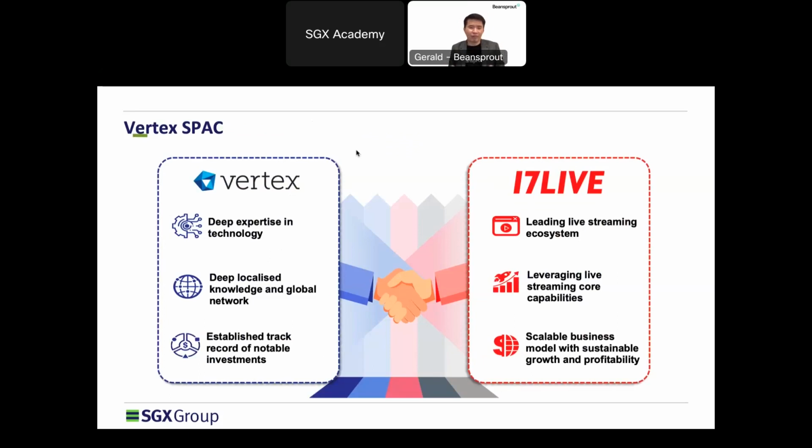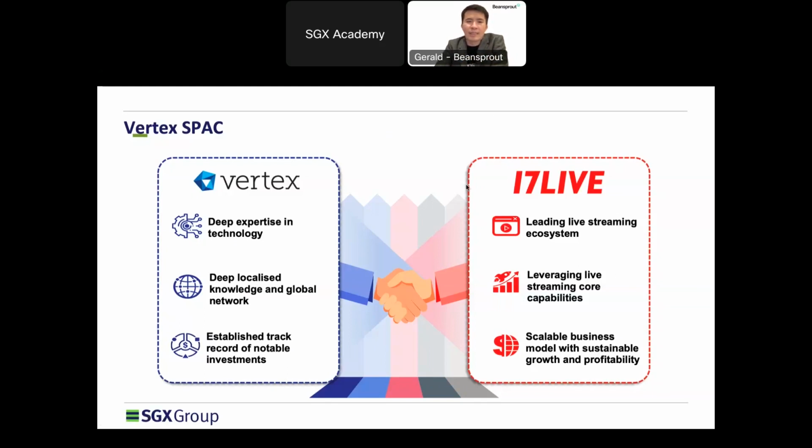With that framework in mind, we can look at what has been announced by Vertex SPAC. This just came through recently: the proposed business combination with a company called 17 Life. With this combination, Vertex believes that it will be able to find synergies between the two businesses. What 17 Life would effectively offer, based on the presentation of Vertex SPAC,